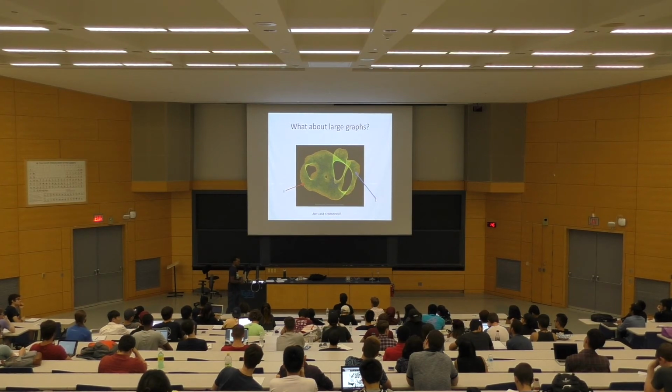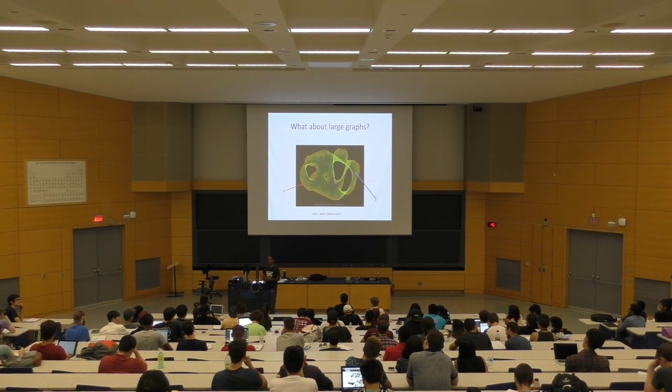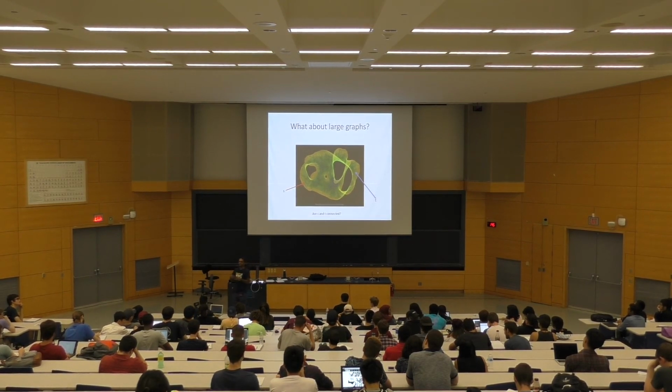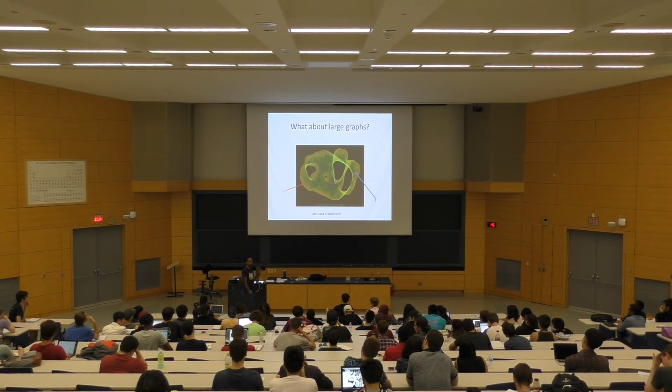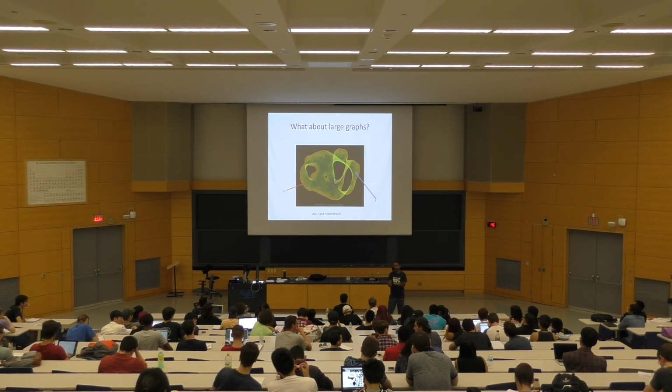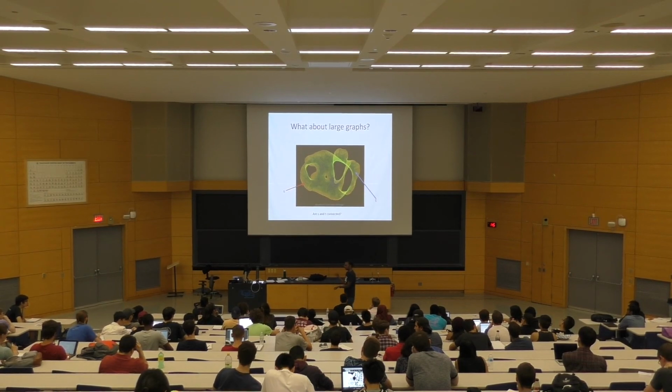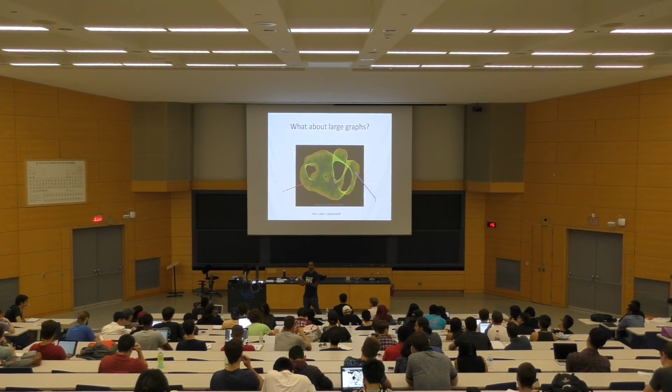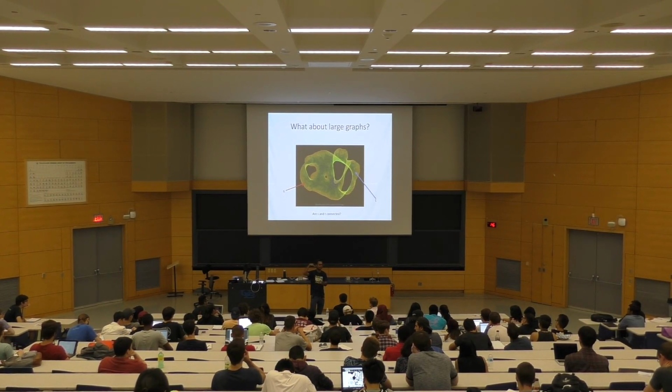So instead of checking whether a graph itself is connected, we're going to have a slightly simpler problem. I give you a graph and I give you two designated nodes. Let me call them S for, say, source and T for terminal. And I'm going to ask you whether S and T are connected. If you can answer this question for every possible pair S and T, then you're good, because once you have an algorithm for that, you run it on all possible pairs, and then you can check whether the graph is connected or not.